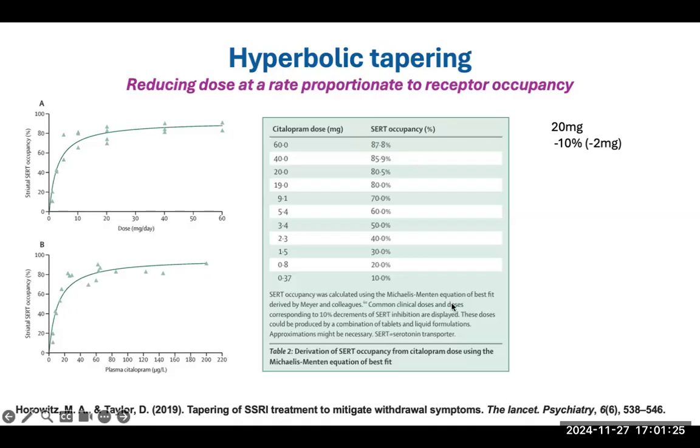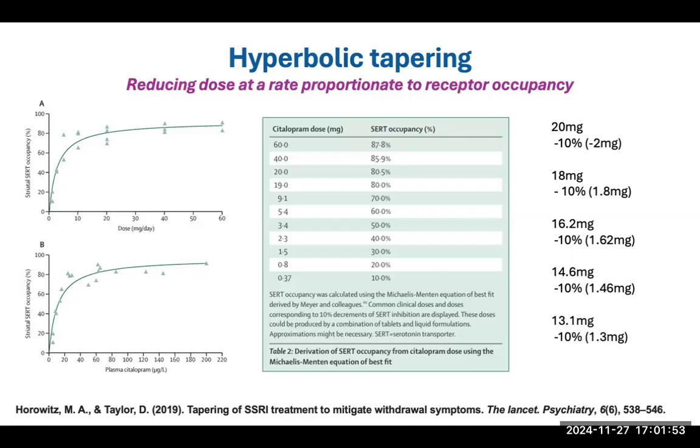So let's do an example here. If a drug is 20 milligrams and we reduce it by 10%, we're going to go down to 18 milligrams. If we reduce that by 10%, we're going to go down by 1.8 milligrams, which puts us at 16.2 milligrams. If we reduce that by 10%, then we're reducing it by 1.62 milligrams, which puts us at 14.6 milligrams. So you can see this gradual decrease in dose can take, well, first of all, it can take